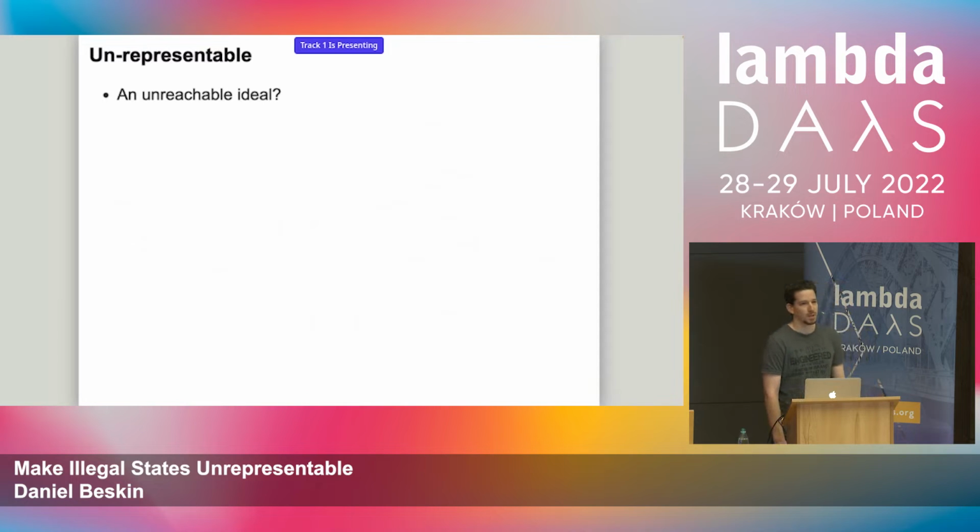And the question is whether it's a reachable ideal, can you actually do that? And probably the answer is generally no. You probably can't avoid all illegal states, but I would claim that every step you make in that direction is a good step, and probably is improving your software in some way or dimension. Also, the question is whether it's worth it. I'm going to show you some techniques that you have to apply to your code, and then maybe there's some cost, and it might not be worth it. And that can be true, that it's maybe too expensive, but the techniques I'm about to show you now are quite lightweight, and hopefully the cost-benefit ratio would make them worth it.